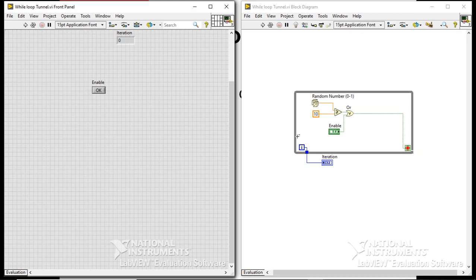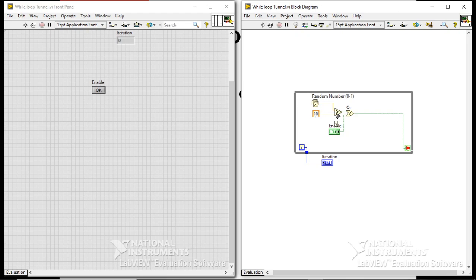I already did the code, so here you can understand the basic concept. The random number produces a value between 0 and 1 for every iteration. Randomly it may pick 0.57 one time, or sometimes 0.17. You will get many numbers depending on the number of iterations. The system will pick the value and compare it with 10.